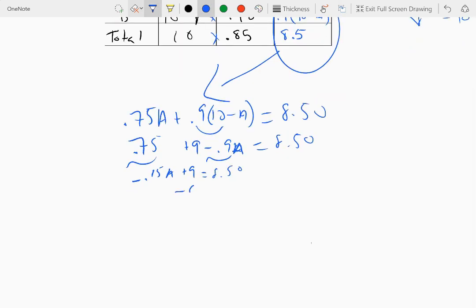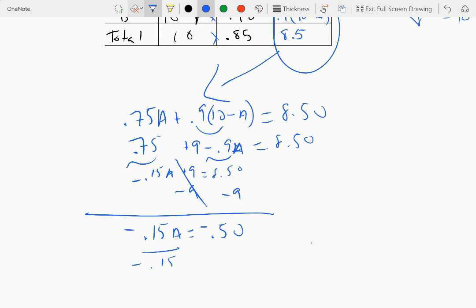From here, I would subtract 9. Bring down the negative 0.15A is equal to negative 0.5. Because here we have negative 9 plus 8.5, you get negative 0.5. I would divide both sides by negative 0.15. And I get A is equal to